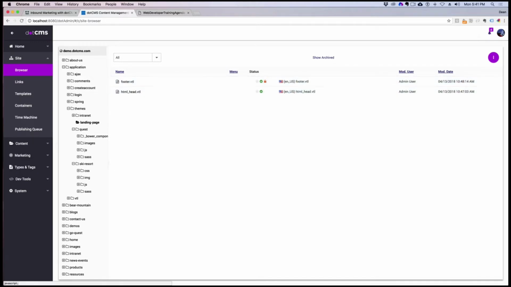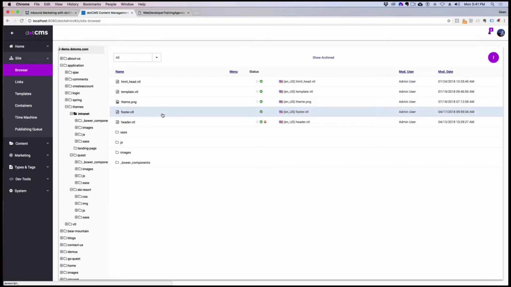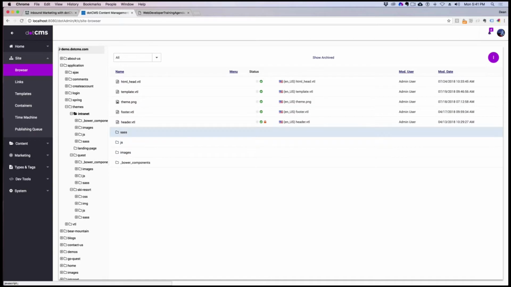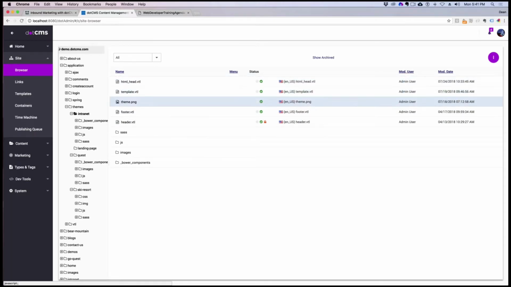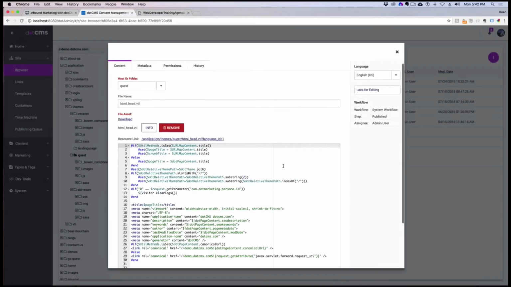Now, in all of them, in the HTML_head, you'll see the same kind of info. Let's go and open up the quest that we've been working on. And you'll see that we are either getting, setting URL mapped page content and getting the page title, the crumb title, the page title. Else, if it's not a URL mapped page that has a virtual path to the page, then we're getting our page title equals .content.page content .title, .page content SEO description, page content SEO keywords, metadata, because .page content, if you look in our